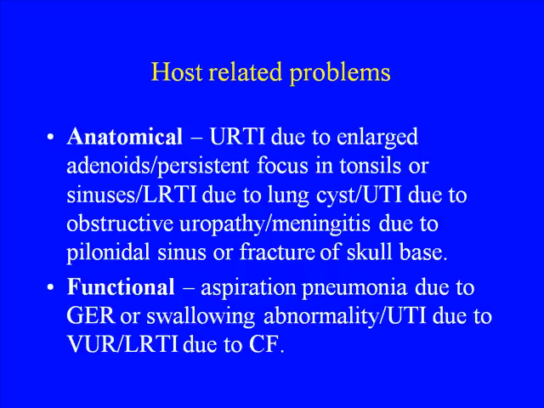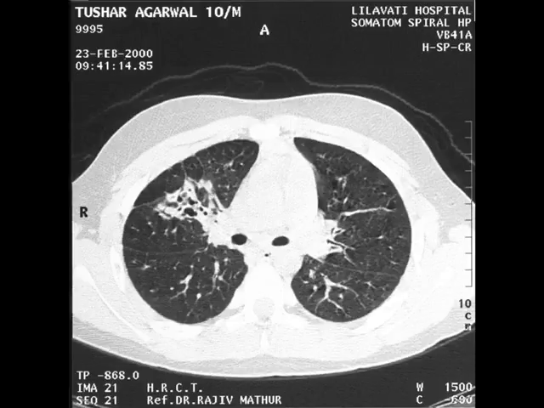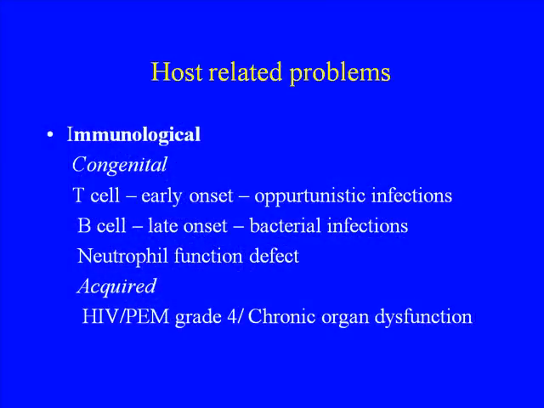Now, the congenital malformations. Again, this child was getting recurrent infection there, and sure enough, he has some kind of a malformation there, and you know that if you have a recurrent infection in the same lobe, then you certainly look at that. And this child has got an aspiration pneumonia in a small infant, and we are all aware that if you have such recurrent infection, then you have down the line some functional cause. And then, of course, immunological cause.